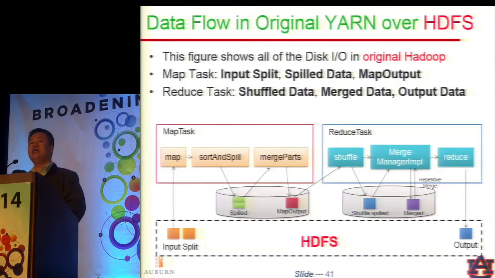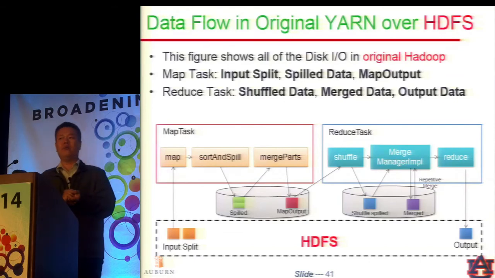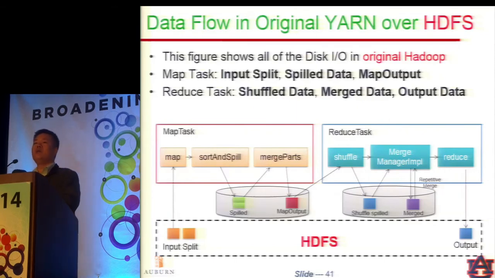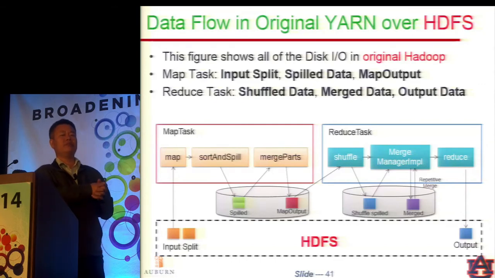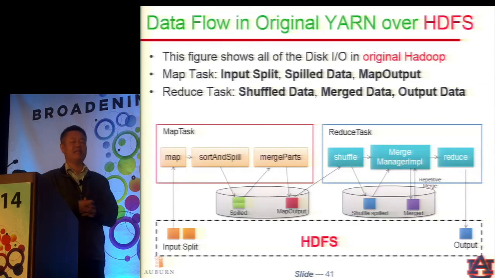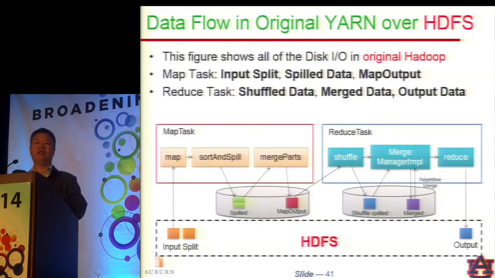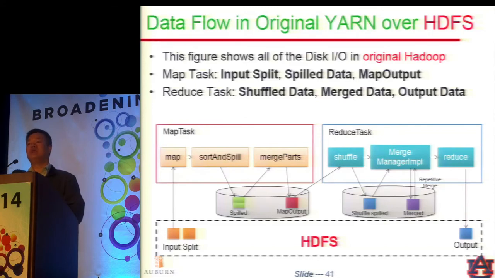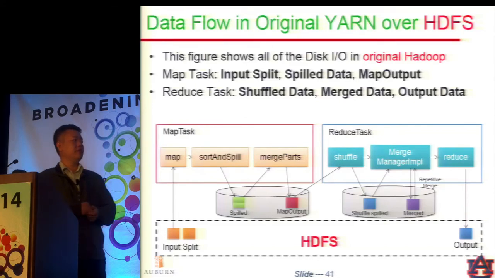In the final part of the presentation, I want to bring to you how we try to improve or optimize the performance trend we have found. Looking at this slide, I want to bring to your attention the data flow in the original YARN when it is running on Hadoop Distributed File System. As many of the previous speakers have discussed, when a map task is launched, it will read data from HDFS in the default environment, and the data will be analyzed through the map task and stored on a local disk. In between, the data will be spilled to disk and read back, and finally merged as map output.